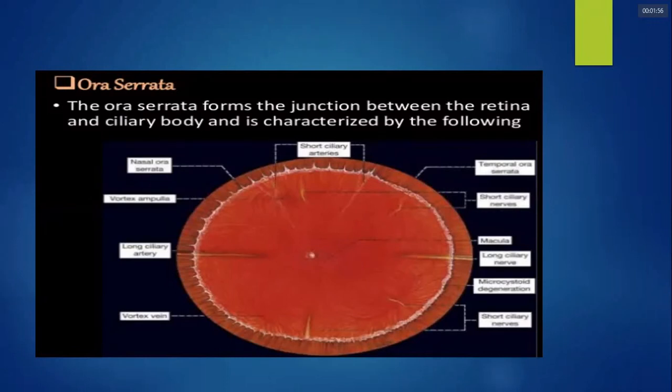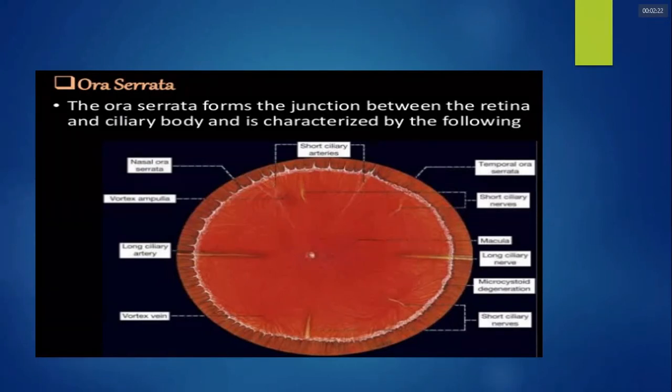So retinal detachment, whenever you think of retinal detachment, you might be thinking retina is separated from the other structures of the eye, but it's not like that. It is a separation between its layers. Retinal detachment is the separation of RPE from the neurosensory retina. This is very important to understand, and let's go for the anatomy.